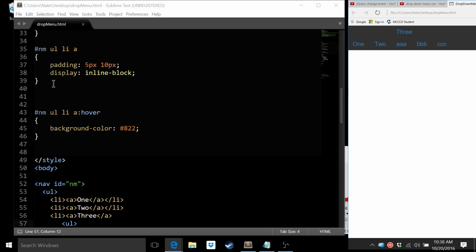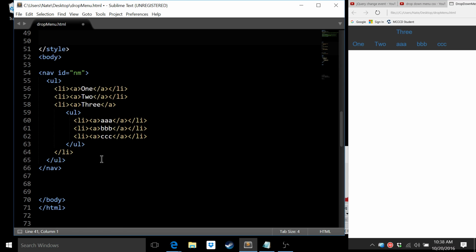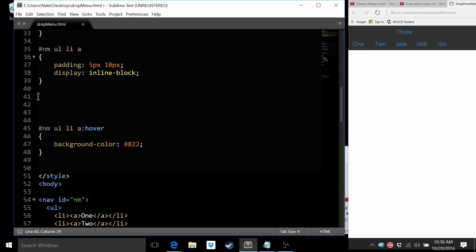But what you need to understand is it's affecting where this menu is because of the way it renders on the page. What we have to do is get this drop down, this second unordered list, to where it is not affecting the original list. And to do that,